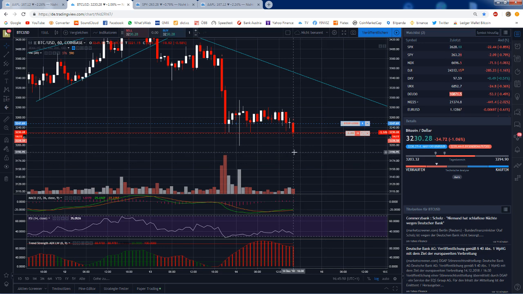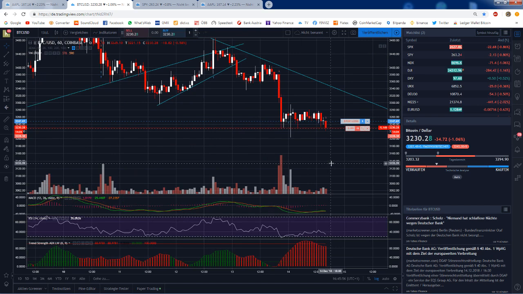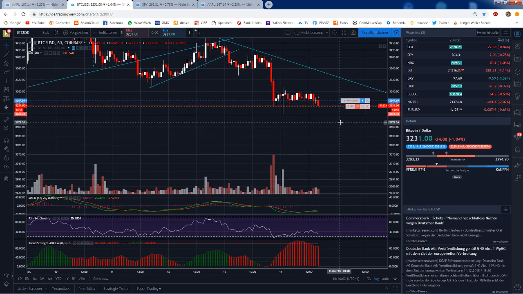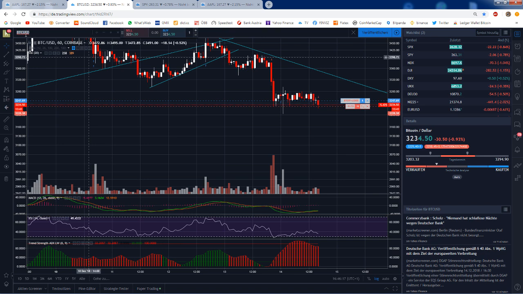We have to see it, but yeah, this is my position in BTC. So what you really want to look out for is a break beyond like 3,200, and then I don't think we will see much more downside until 3,000, because there is a